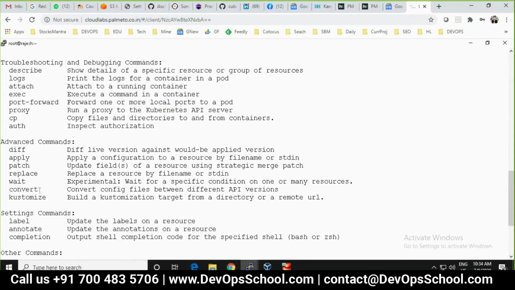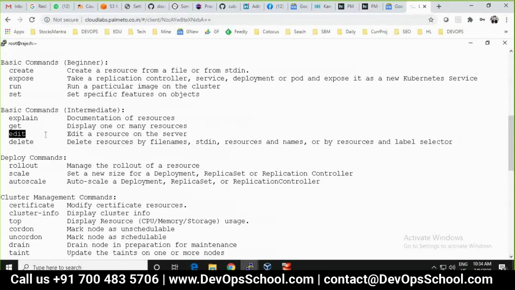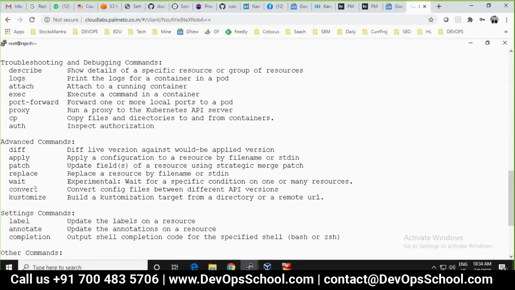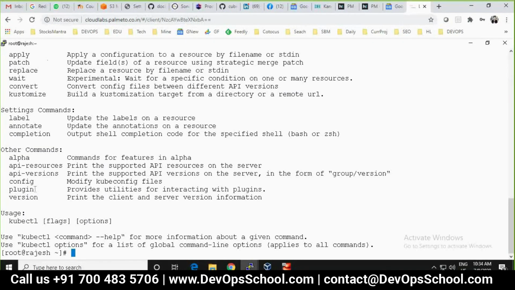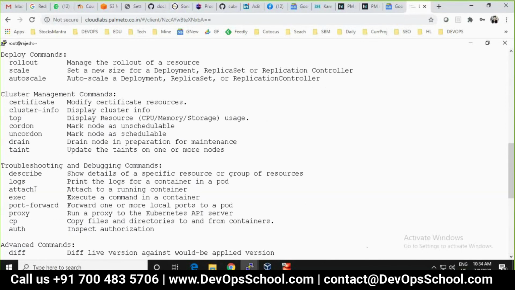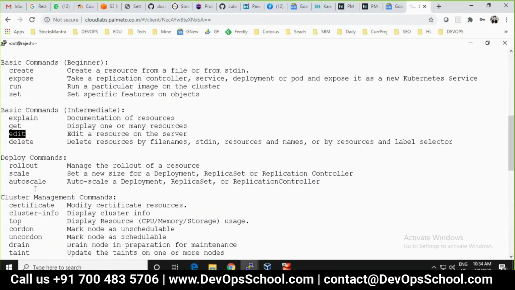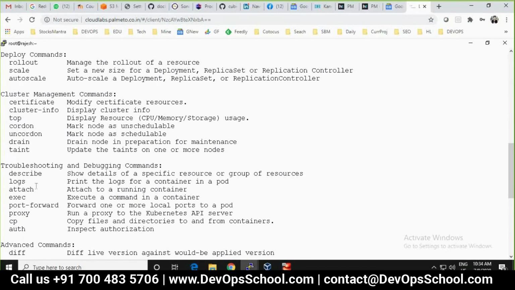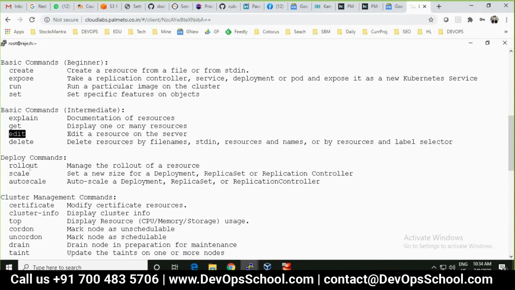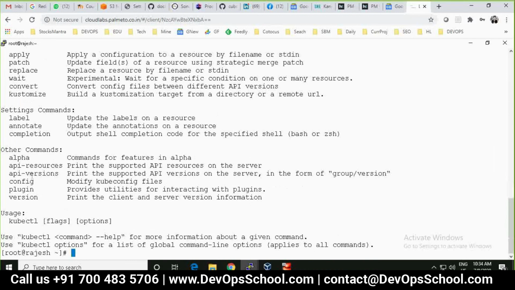Where is apply? I saw it somewhere, it should be in the advanced commands.